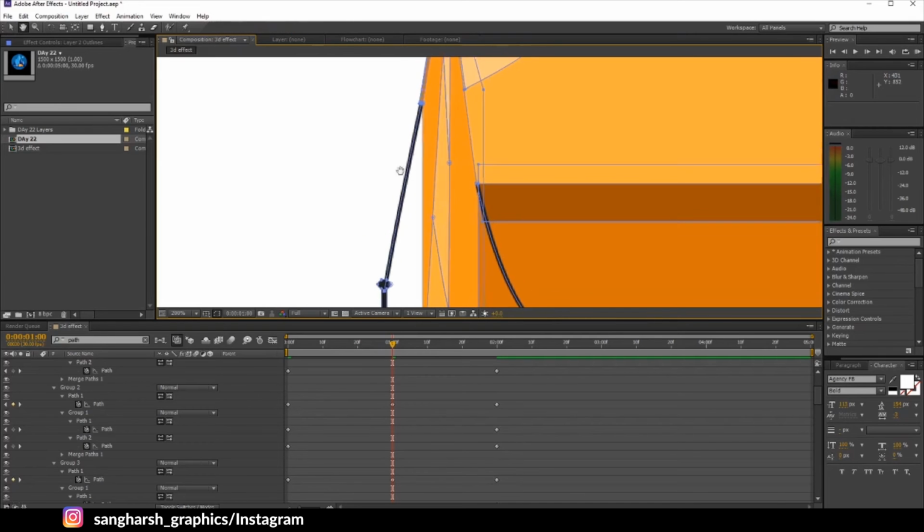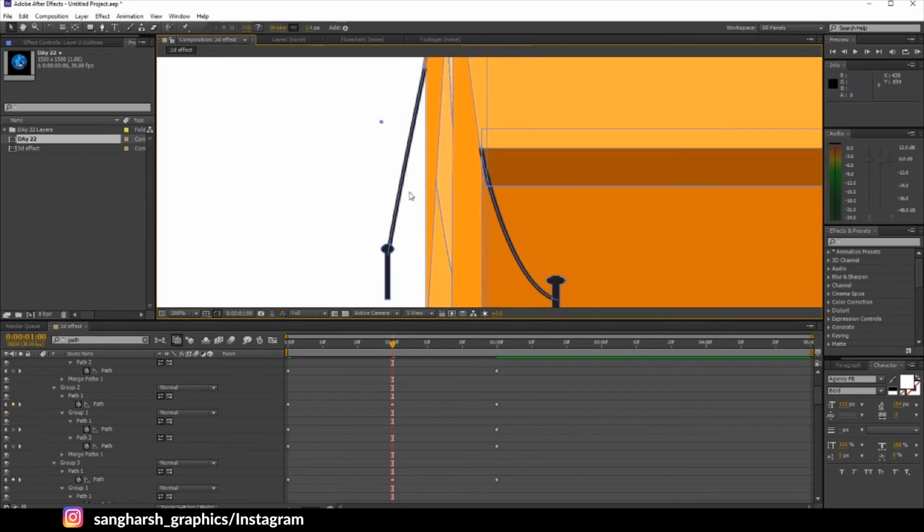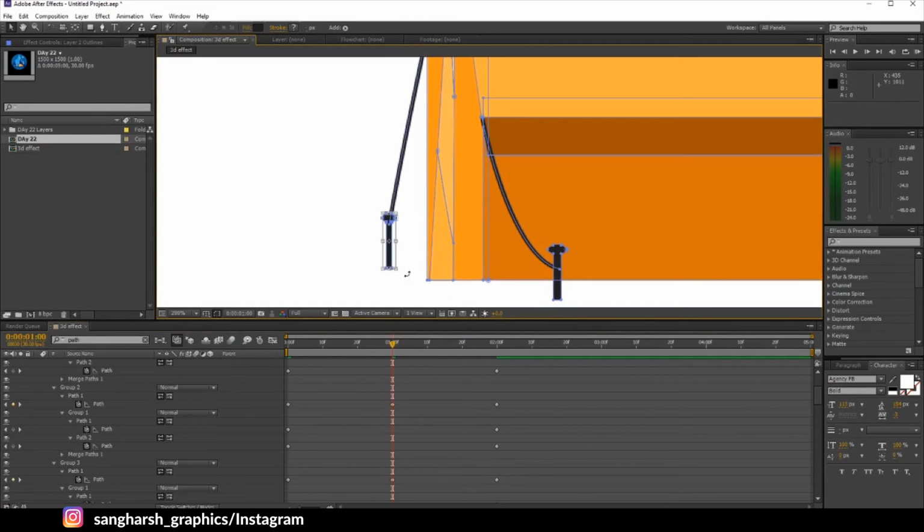Need to bend this line. Come on, some arrow should be here. It's too complicated for here. There are too many paths and too many positions.